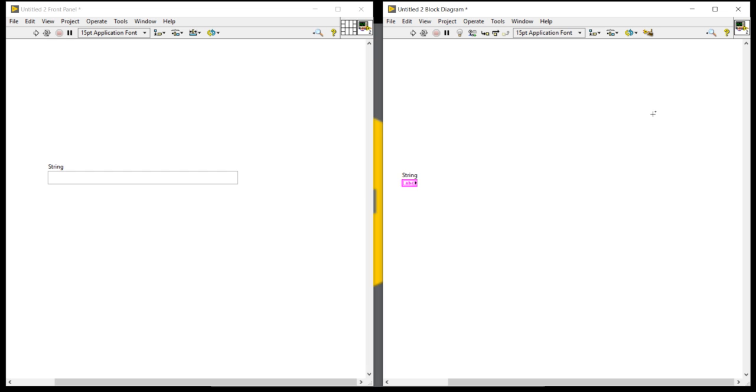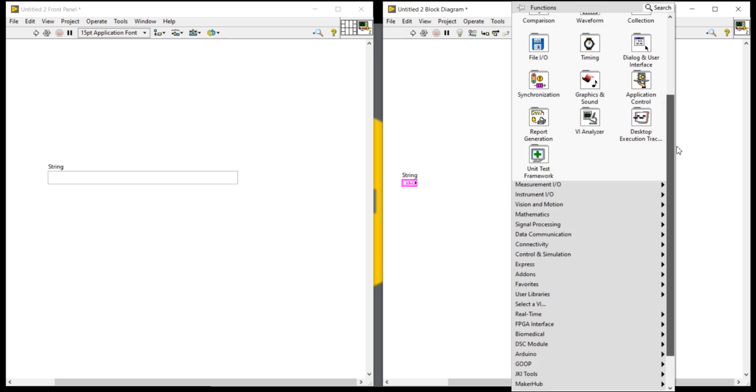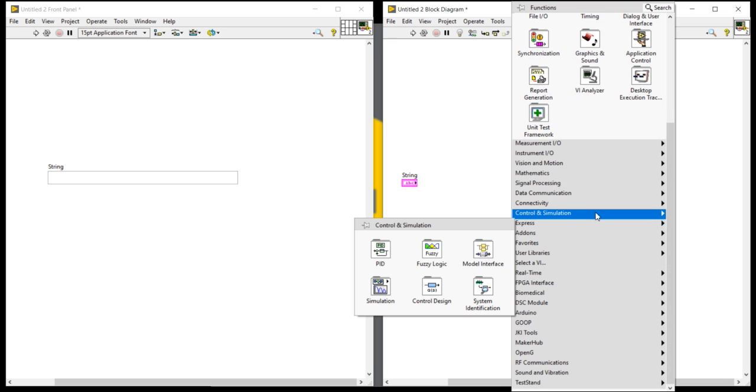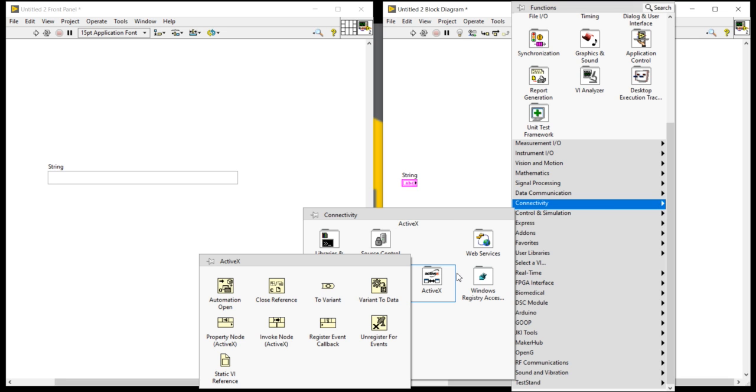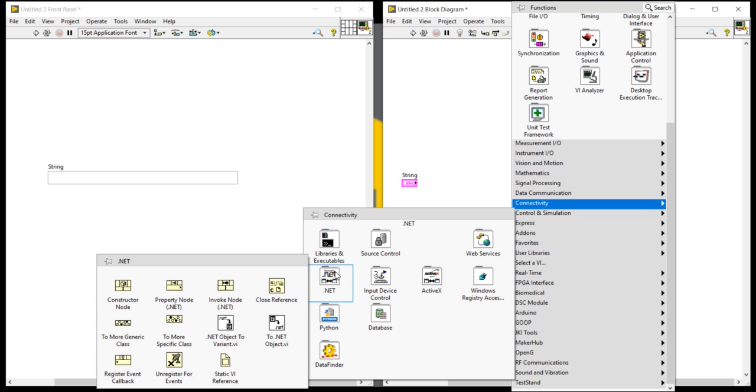After that, right click, come into the connectivity and come into the .NET.